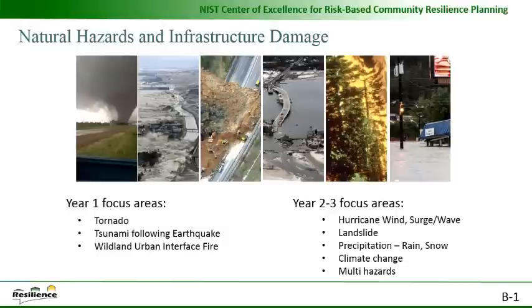We also need to consider cascading hazards such as tsunamis and landslides following earthquakes, and the joint occurrence of hazards such as wind, surge, and waves coupled with rain and inland flooding. In this portion of the seminar, we'll summarize some of our Year 1 accomplishments, particularly in tornadoes, tsunamis, and wildland-urban interface, or WUI fires. We'll show you how these hazard intensities are used in a fragility analysis to estimate damage